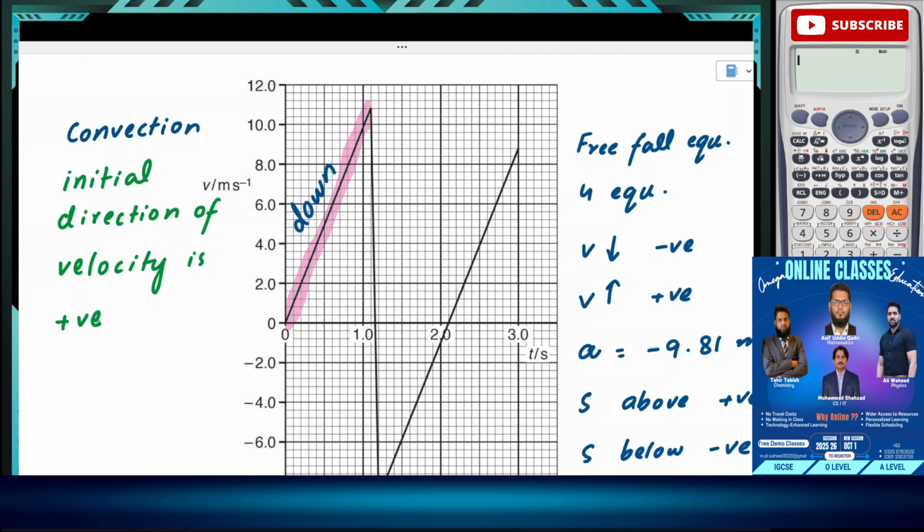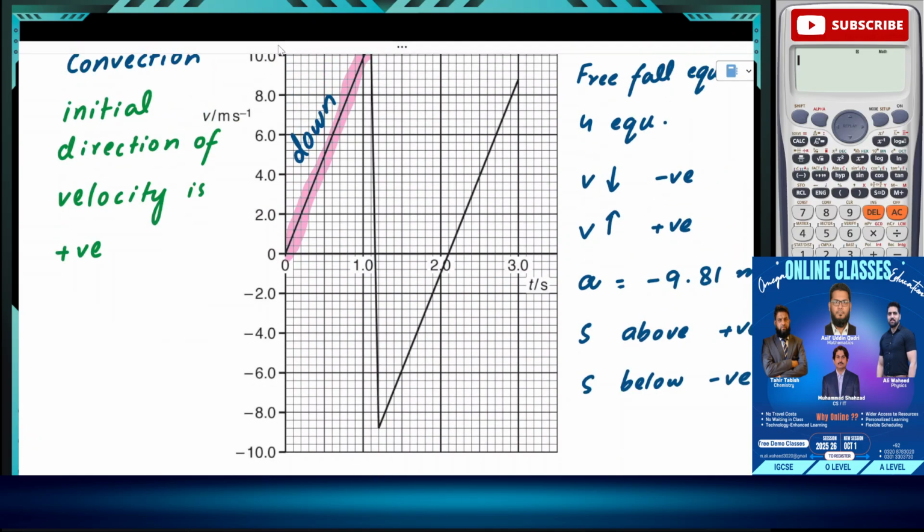Because in this scenario, initially the ball was moving downward. So the direction of the velocity, downward velocity would be positive, and the upward velocity would be negative. So I'll mark the stages,